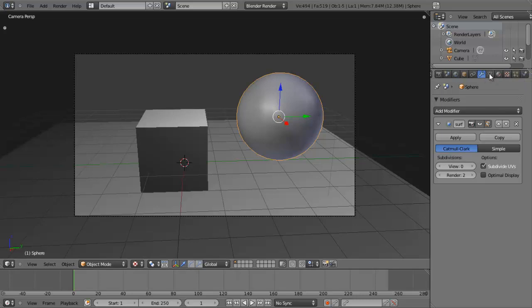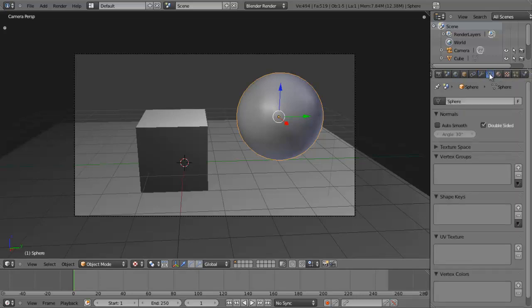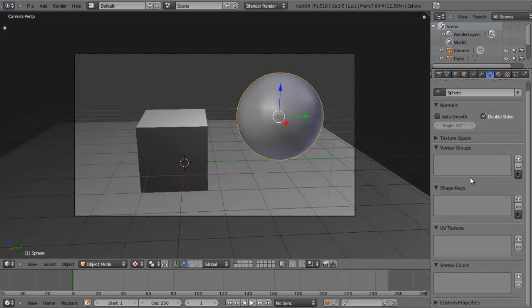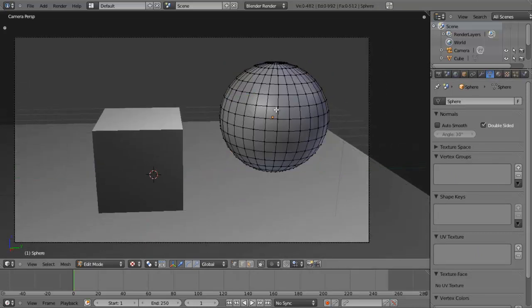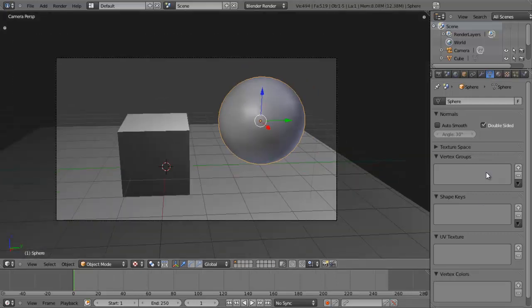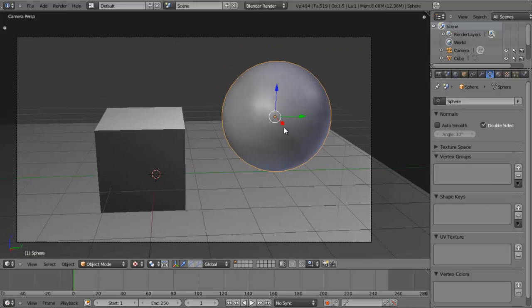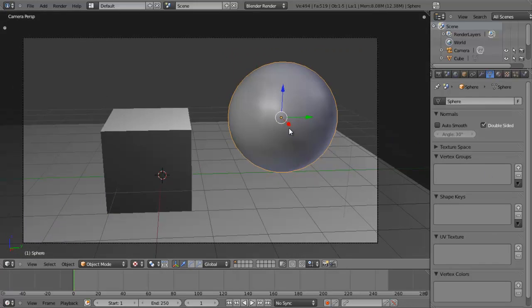So anyway, moving on. Now if we go into this object data tab, you can see a bunch of list type things: vertex group, shape keys, UV texture, vertex colors. Not really going to cover any of these, but the vertex group is if you add a group of vertices, pretty much. That's all. By default, everything is selected, but imagine you have a character's head and you want hair to be coming out of them. If you go to the hair particles, it'll ask you for a vertex group. If you don't have it, by default it'll just use the entire object. However, if you want it just to come out of the top of their head, then you'd make a vertex group of just the top of their